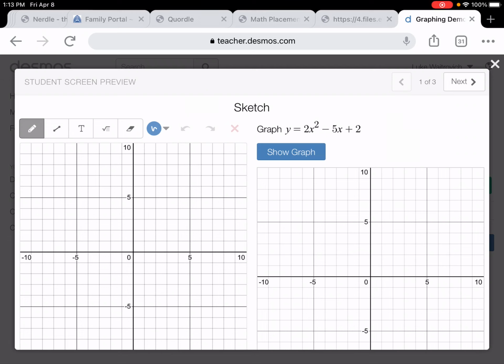Hello and welcome to this video where I'm going to show how to do some graphing of parabolas. So I have a couple of different tools and sort of looks I want to show. So this first one's going to be in standard form where we're going to graph y equals 2x squared minus